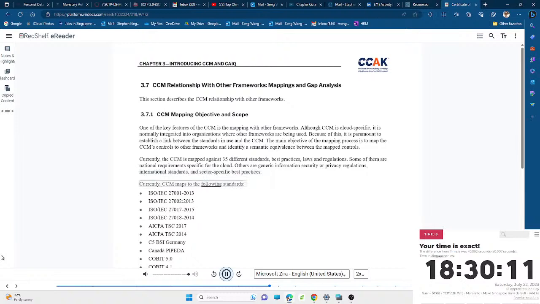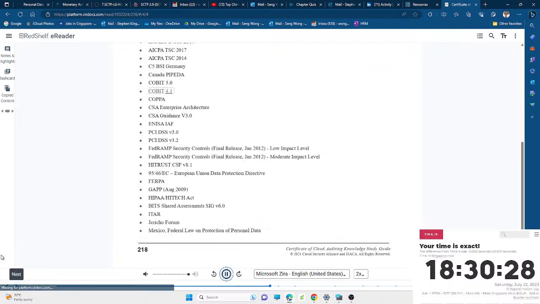Currently, CCM maps to the following standards: ISO/IEC 27001:2013, ISO/IEC 27002:2013, ISO/IEC 27017:2015, ISO/IEC 27018:2014, AICPA TSC 2017, AICPA TSC 2014, C5 BSI Germany, Canada PIPEDA, COBIT 5.0, COBIT 4.1, COPPA, CSA Enterprise Architecture, CSA Guidance v3.0, ENISA IAF, PCI DSS v3.0, PCI DSS v3.2, FedRAMP Security Controls, Final Release, January 2012, Low Impact Level, FedRAMP Security Controls, Final Release, January 2012, Moderate Impact Level, HITRUST CSF v8.1, 95/46/EC, European Union Data Protection Directive, FERPA, GAPP, August 2009, HIPAA/HITECH Act, BITS Shared Assessments SIG v6.0, ITAR, Jericho Forum,